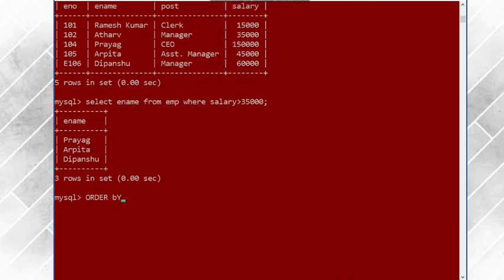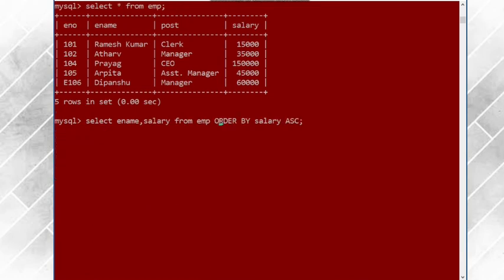Suppose I want to see the name and salary from EMP. So you will write select e-name, salary from EMP, order by salary and then ASC, that is ascending order.